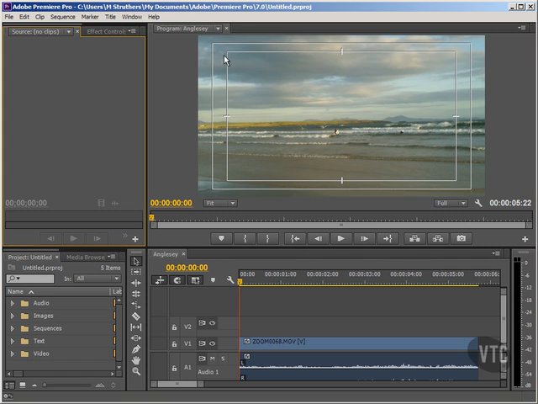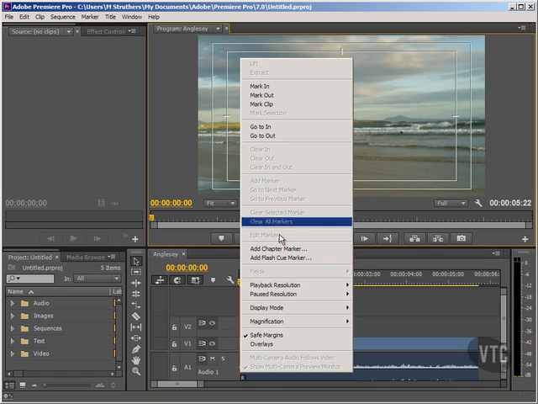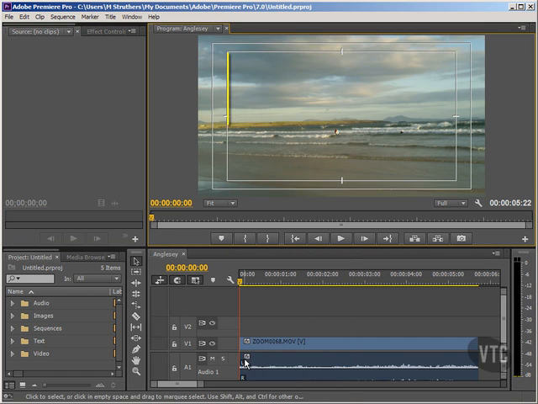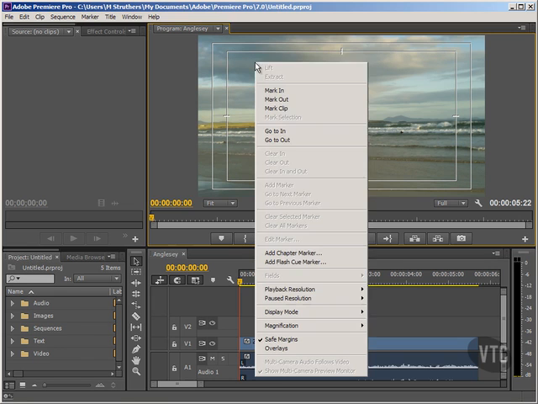However, we can see what are known as safe margins that we can superimpose over the top of our clip. Let me just show you what they are. Right click, then just roll down to that bottom option, Safe Margins. You'll see these rectangular areas. The inner rectangular area is known as the safe margin for text, and that's what we're concerned with here. If you place your titles inside this inner rectangular area, your text will be safe to be seen without going